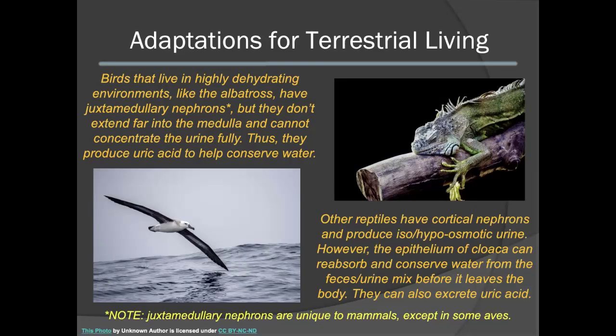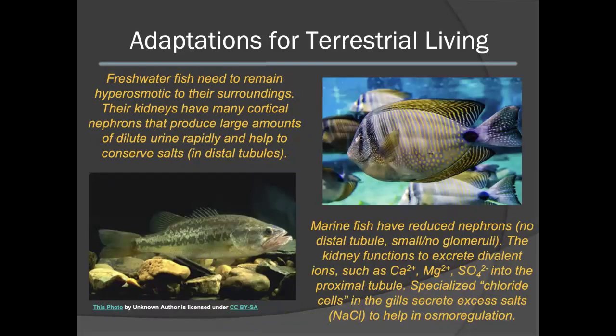If you recall, freshwater fish need to maintain hyperosmotic to their surroundings. As a result, their kidneys will have many cortical nephrons. These nephrons will help to produce large amounts of dilute urine rapidly and also help to conserve salt, specifically in the distal tubules. Marine fish, on the other hand, have reduced nephrons, which typically have no distal tubule or